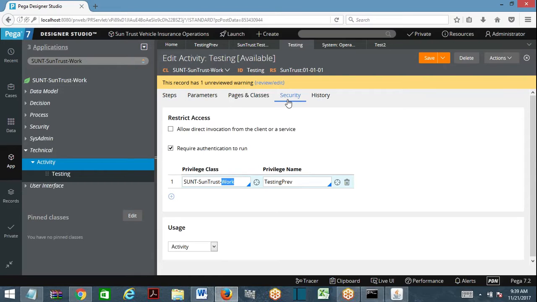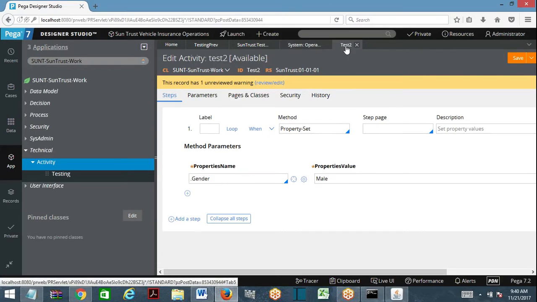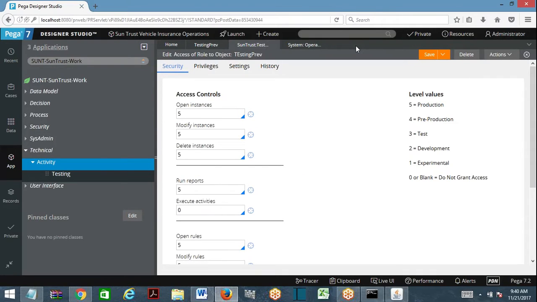So 99% you will not get chance to work on privileges and all. See, when you are working on privilege and security, it is highly sensitive data. You are working on sensitive information. Suppose in a business you open any of the access role name and you say suppose preventing execution of activities and you add it. So everything will be gone. Everyone logs in, they will not be able to log in. Okay. So it is very sensitive. So mostly tech leads will be working on this. Given a chance, if you are working, you need to get reviewed multiple times. Should be reviewed and thoroughly tested. Okay, this is clear, everyone? So this model you need to understand.